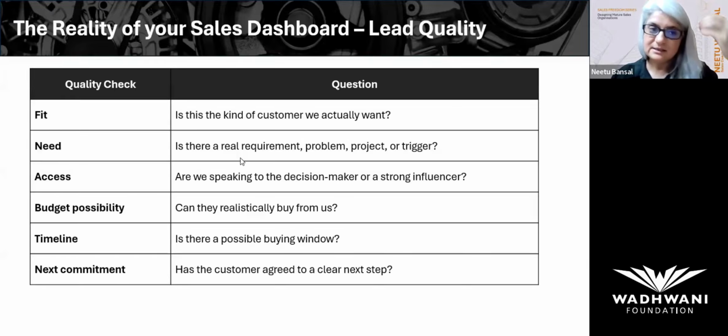So for me, a fit is an SME business owner, especially one who wants to grow and wants to hire salespeople. That's my sweet spot. So I measure according to that. I know that because I did my customer persona. I never did a customer persona when I had my tech startup. It was very funny. I should have done it at that time. I started doing customer persona once I was trying to figure out why I was getting so many leads and nothing was getting converted. That's when I realized the value of a customer persona.